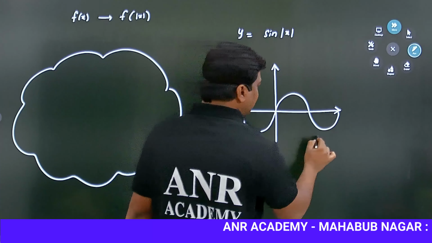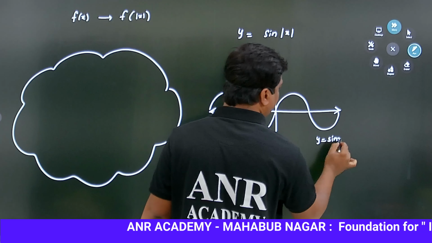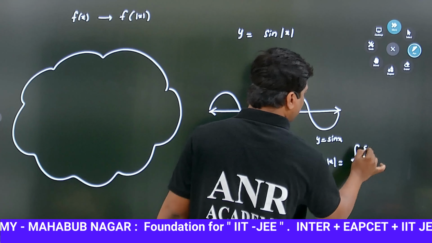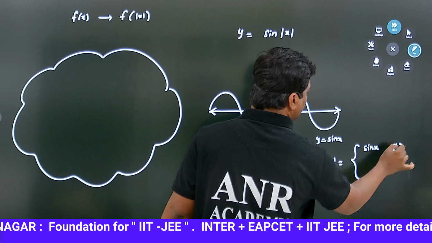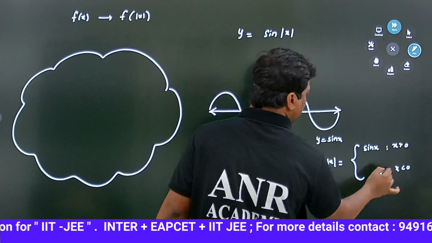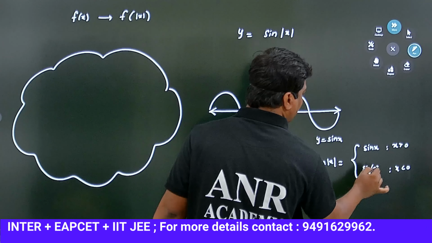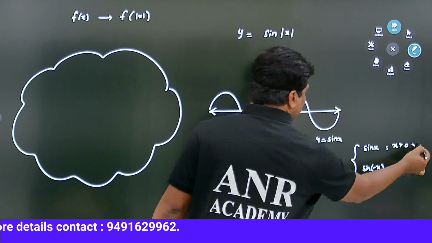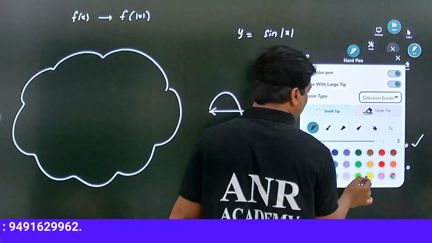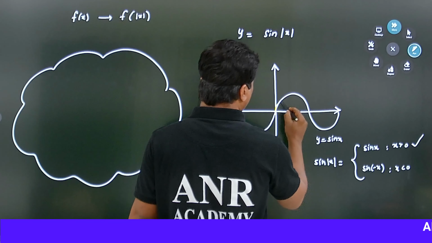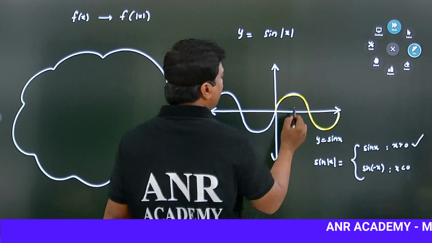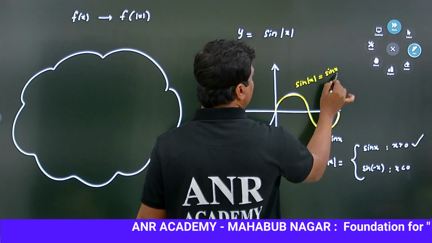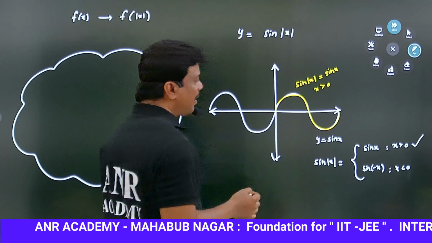This is the graph of sin x, right? Now sin of mod x is nothing but sin x when x is positive. When x is negative, it is sin of minus x, right? So whatever the graph for positive values of x, you have to draw as it is. So this one is the graph of sin of mod x, which is equal to sin x when x is positive. But when x is negative,